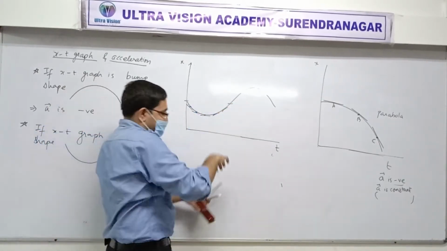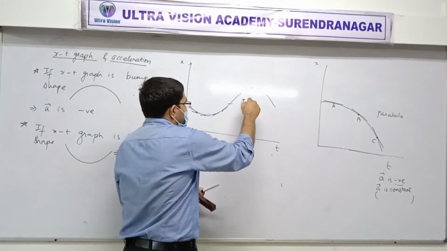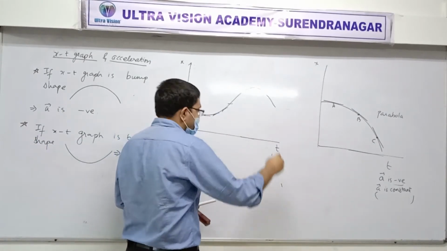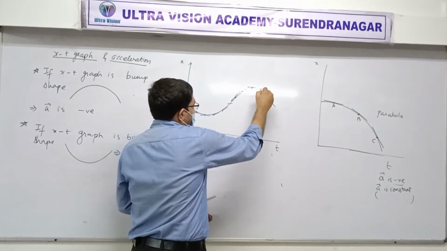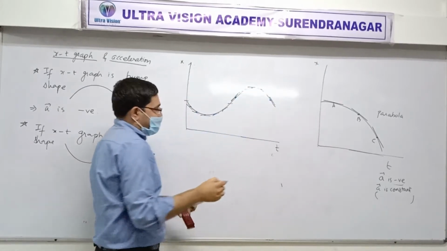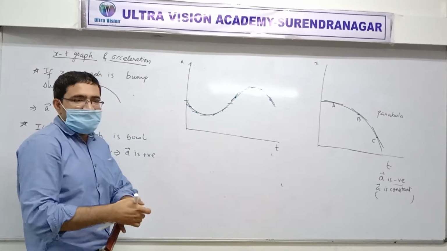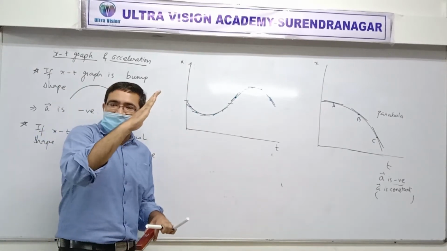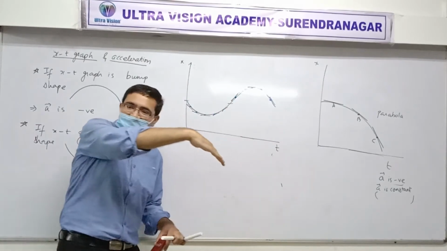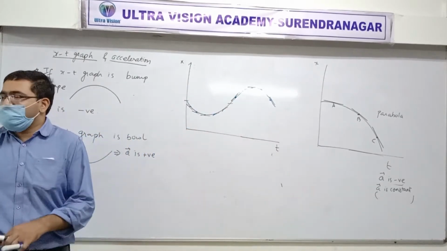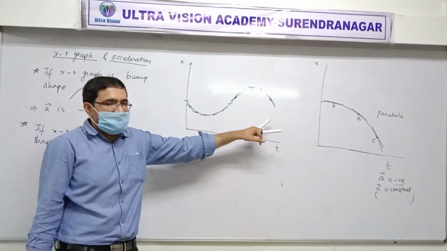But if you look at that part, here, here, here, here, and here. Do you see what is happening? First the velocity was positive, then became less positive, 0, then negative, more negative. Got it? Yes. I hope you can see what I am saying.